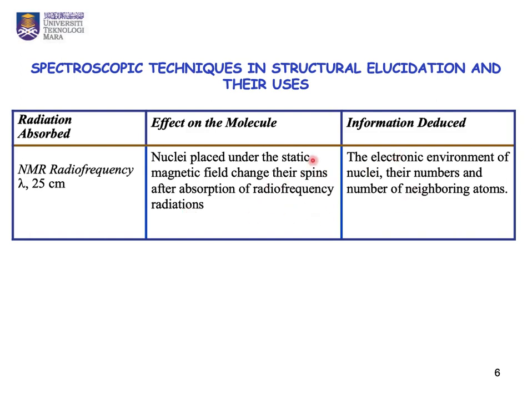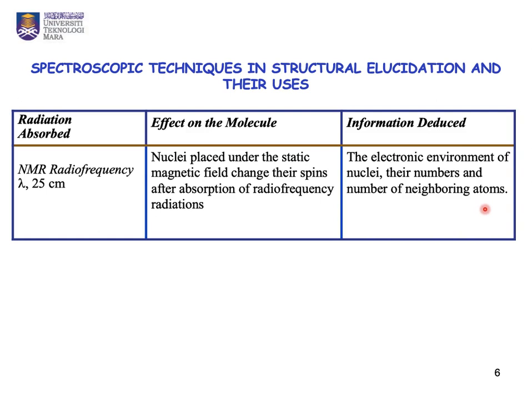As a result, we get information about the electronic environment of the molecule, their numbers, and the number of neighboring atoms. So these are the different techniques which give information about the